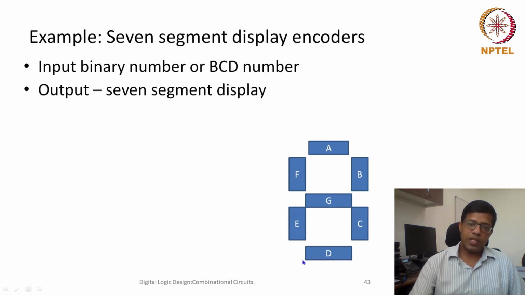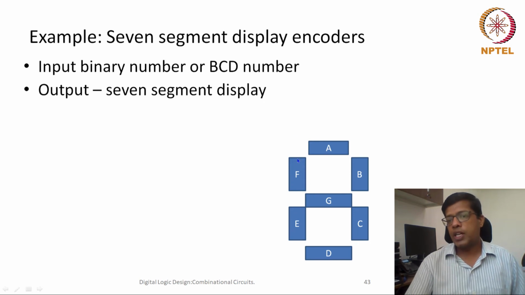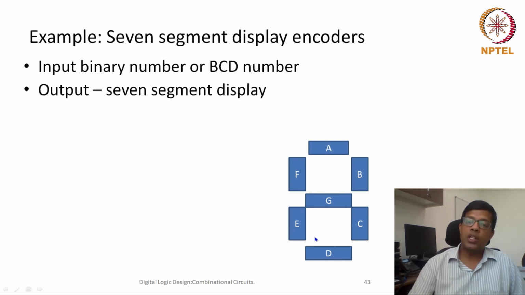Using these 7 segments, you can see we can write all our decimal numbers: 1, 2, 3, 4, 5, 6, 7, 8, 9, 0. And we can even write A, B, C, D, E, F also. A we can write where D would be lit off, and all of the others would be lit on. B is very similar to 8, so instead of writing B in capital, we can use B in small, so that it can be distinguished easily.